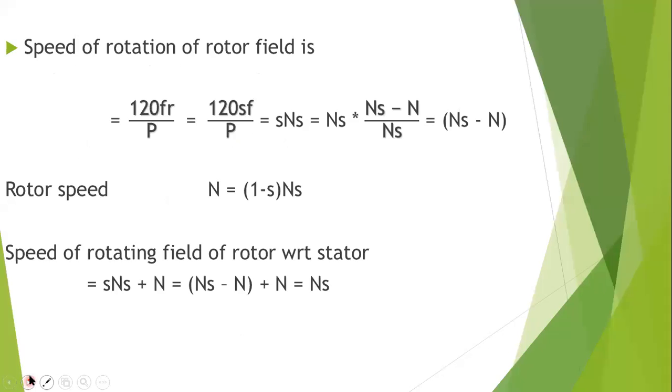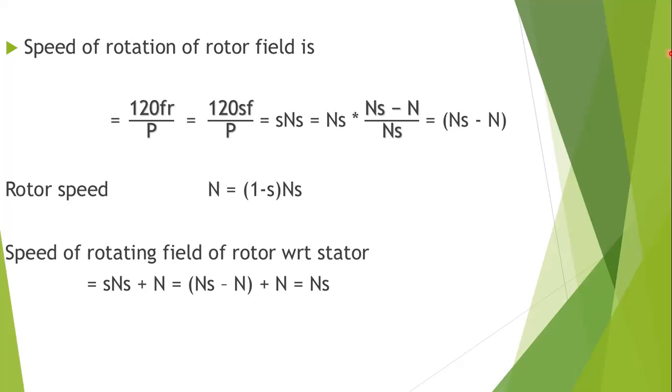Next, see here, now the vector diagram is shown here. The current flowing in the short circuited motor produces a magnetic field, right? This magnetic field will be revolving round the rotor in the same direction as the stator field. So here are some notations. You know that already, but go through them. You have to write in this topic also.